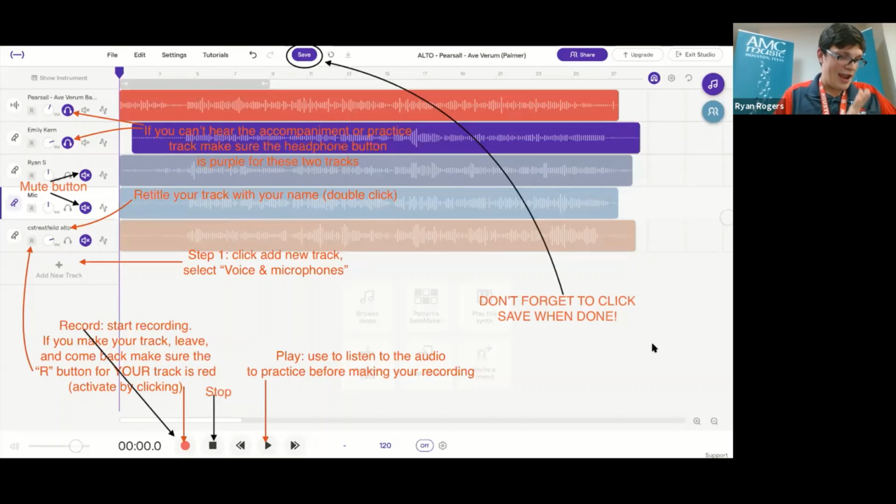We are learning, and I'm learning every day about the little ins and outs of Soundtrap and what really works and what's a little bit bumpy sometimes. Right. So